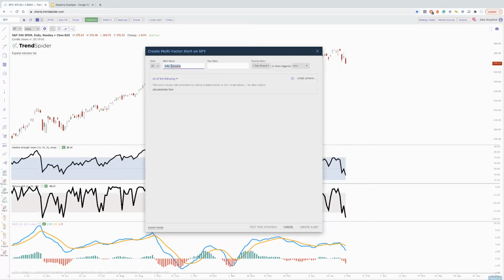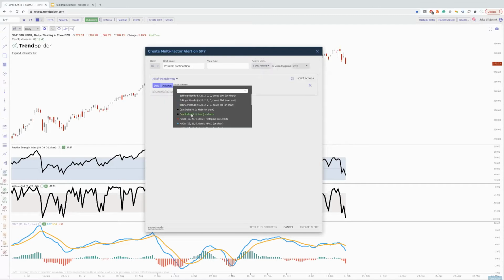So if we went and said possible continuation or maybe bottom, who knows, maybe those are your conditions for a market bottom. You go in, create the alert, make a note, choose your expiration like we did on the last one. You can choose your trigger, and then you can put parameter, condition, and let's say, the daily indicator, and we do